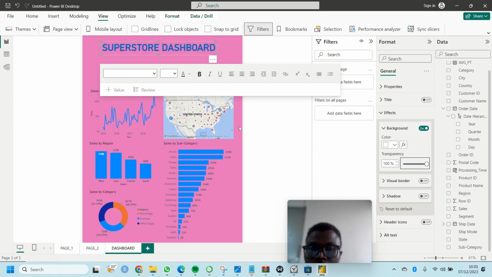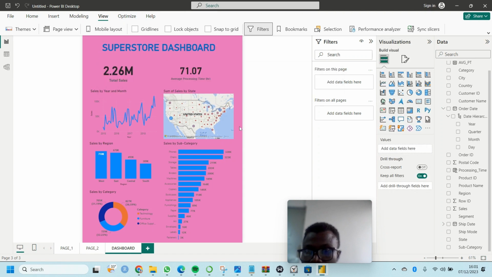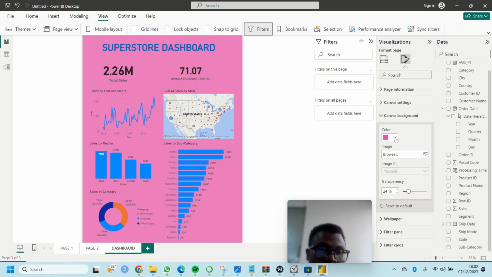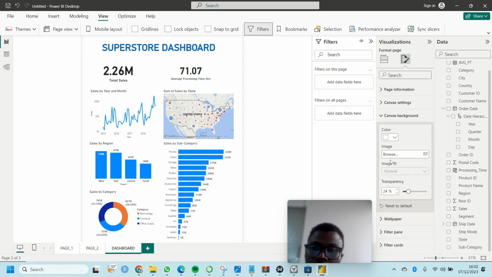Okay, we have that, and now we can look for a better color instead of this because it's not looking appealing. So let's look for a better color, and I'll use white this time around. Canvas background, make it a white color. Oh great, now